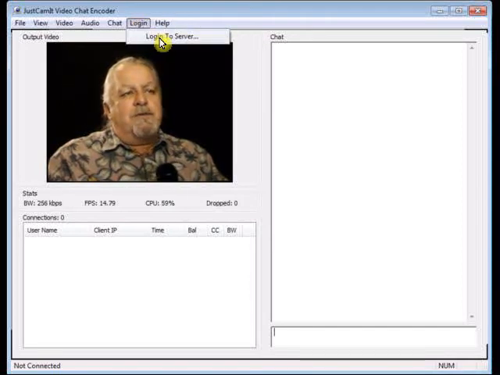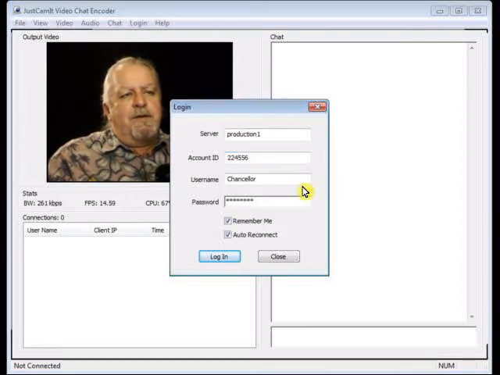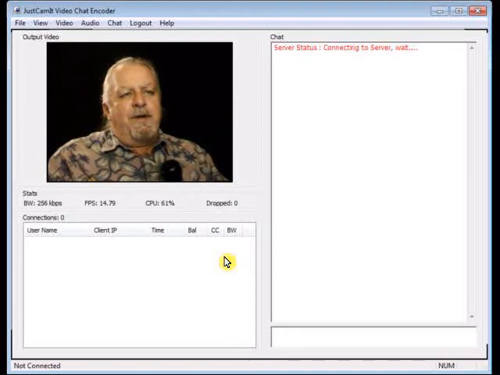Login. Login is how you get access to the server. You'll be given an account ID, a production server name, a username, and a password to log your class in to the streaming servers, our streaming servers. So once you log in on there,